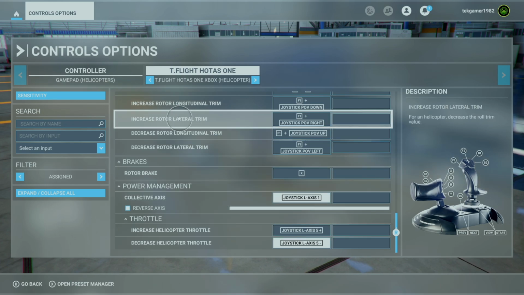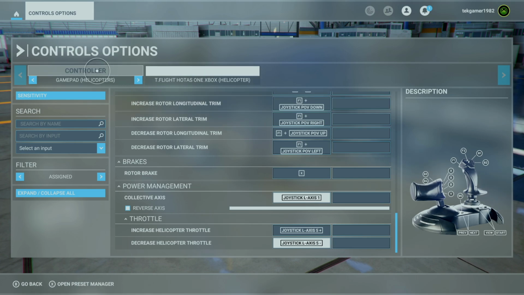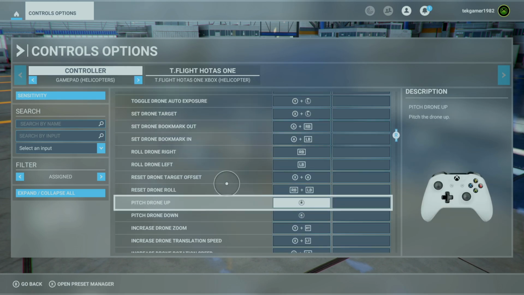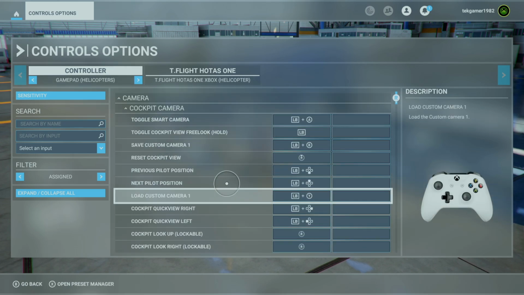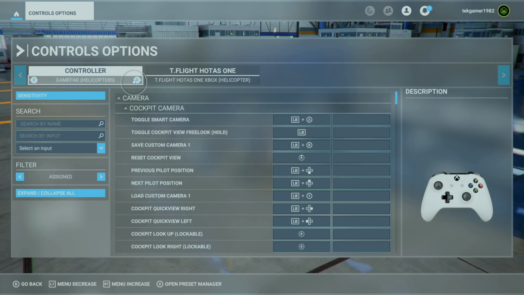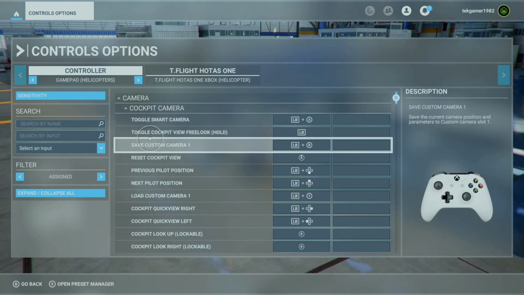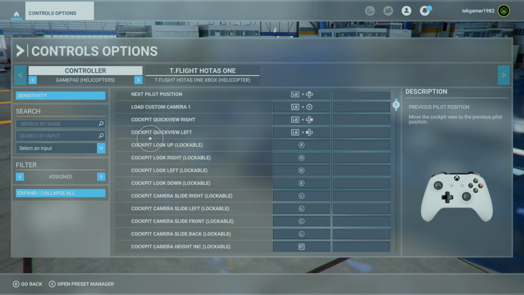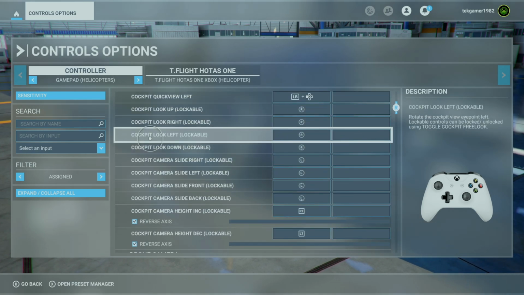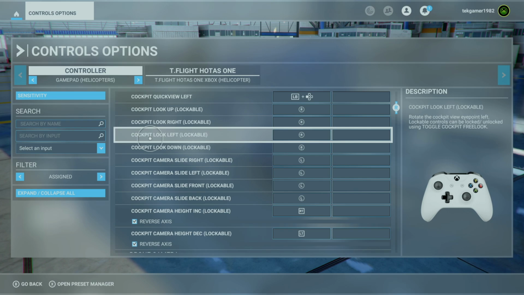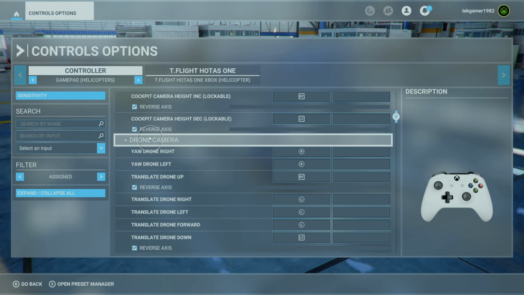Now I'll show you here just real quick if you were using a controller. It has the same, I just have to wait for it to load here. So a controller is a little bit different. There's a bunch of other stuff here for different controls, but it's basically all the same, because you have different kinds of things on your controller, so you can do more than a flight stick can, because you've got the analog joysticks, you've got the digital up, down, left, right, all the other buttons, stuff like that. So basically everything is here.